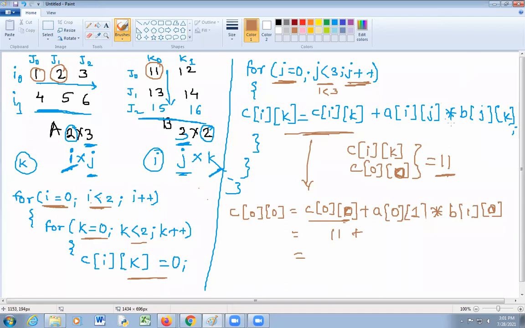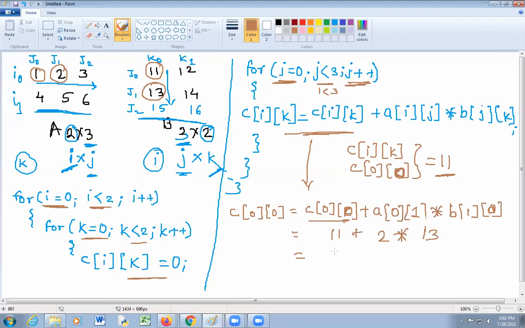So here a of 0 1 is 2, into b of 1 0, that is j is equal to 1 and k equal to 0, that is 13.